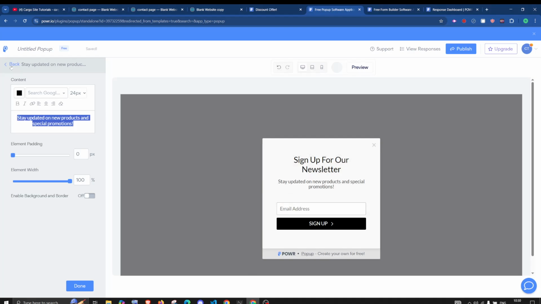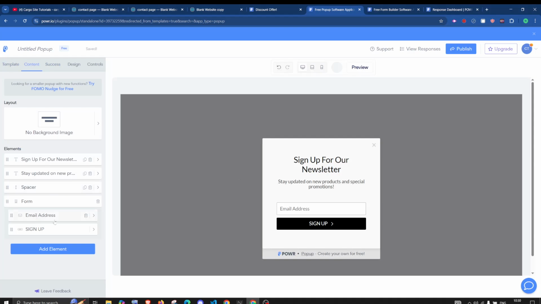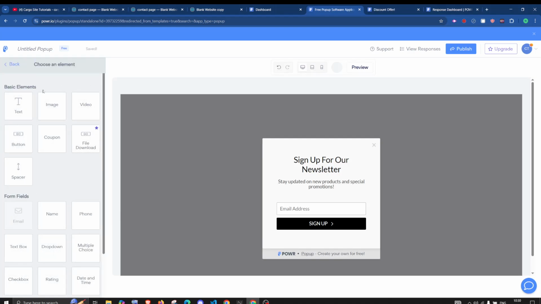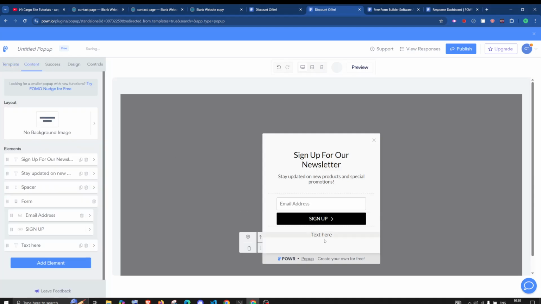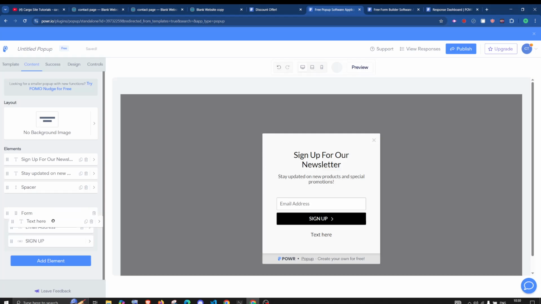And here in the form you can see that currently we are taking the email address. If you want to take text as well, you can just add a text here.